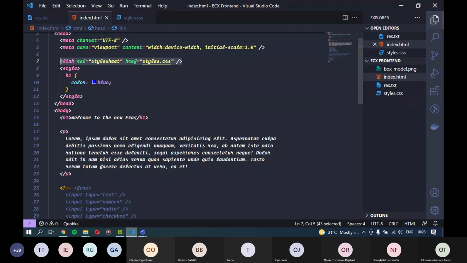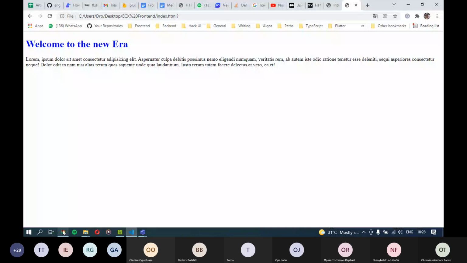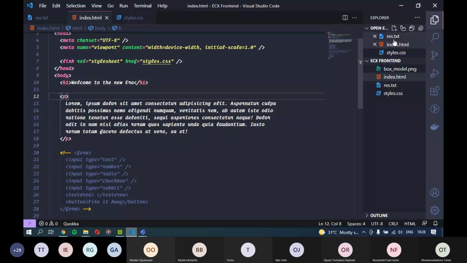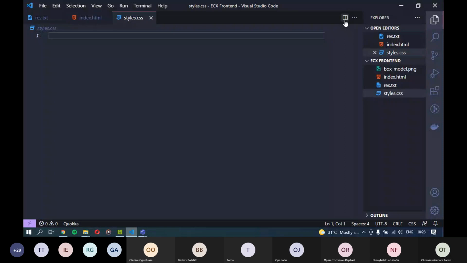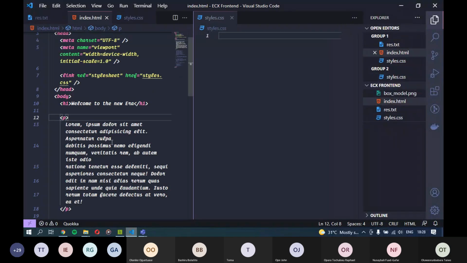So I'm just going to close this up. I'm going to close this. I need to delete that. If I save it now and go back, everything should go back to the way it was before, where everything was black. Yeah, so we are back at default settings. For us to see the HTML file and the styles together, I'll just split my screen into two. This is the HTML and this is where I need to write our styles.